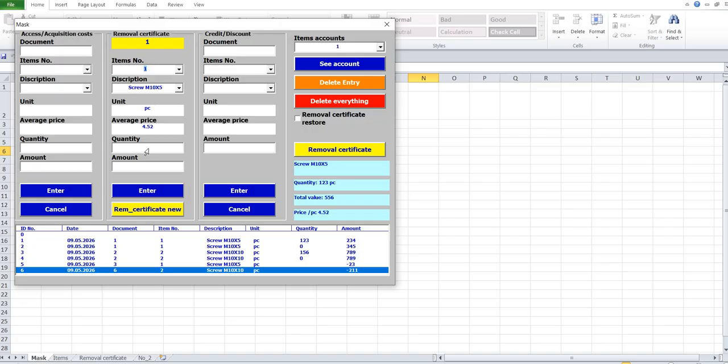All generated withdrawal certificates are available. You only need to enter the withdrawal certificate number.